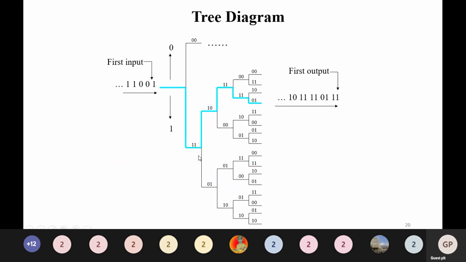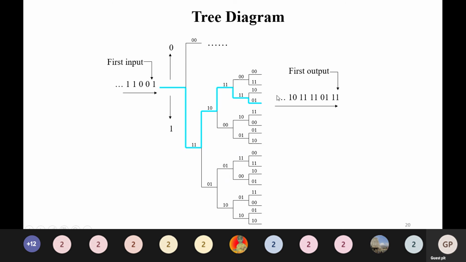So this is 0 0 and 1 1. Then you have to bifurcate this further. So 1 1 is split up into 1 0 and 0 1, depending upon which particular thing goes. Upper branch always represents a 0, lower branch always represents a 1. So likewise you have to cross the upper branch 0, this is 1 1. You have to divide like this, and you have to go in for a certain number of stages.